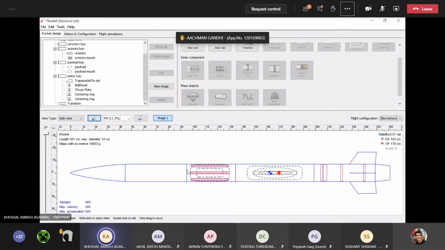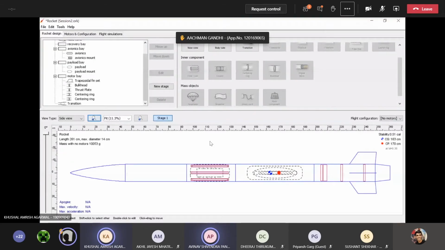So now that we have most of the components in the rocket, the question arises, how do we join all of them? And before that, as you might have noticed, we have different body tubes for each bay. We could have easily done a single whole body tube, so as to save the pain of having to attach them separately. Any specific reason why we don't have a longer tube and have smaller sections of the same length per tube? I think Achman has something to say.